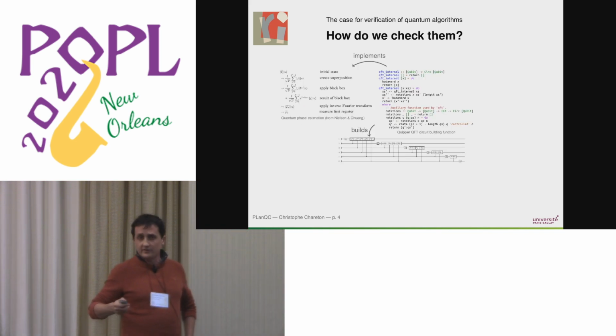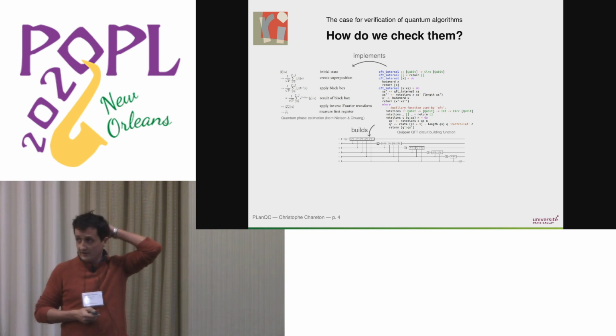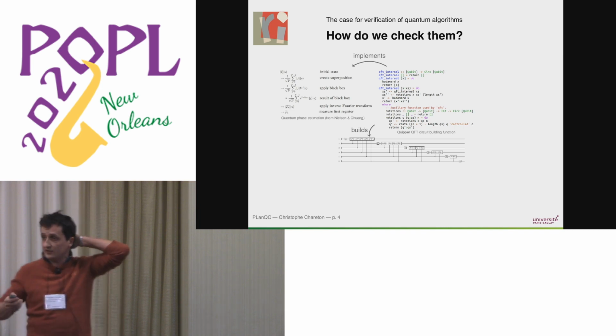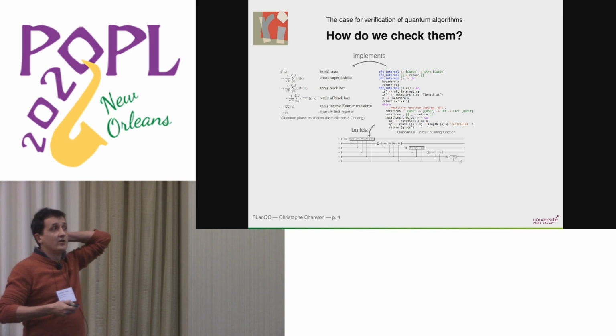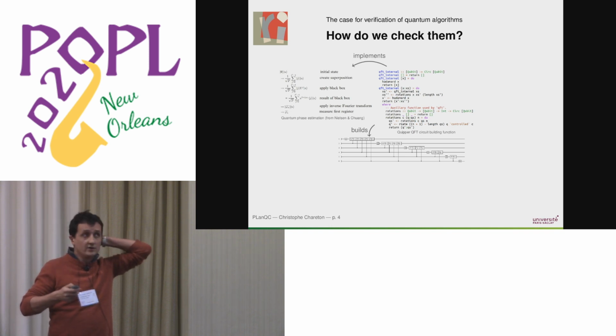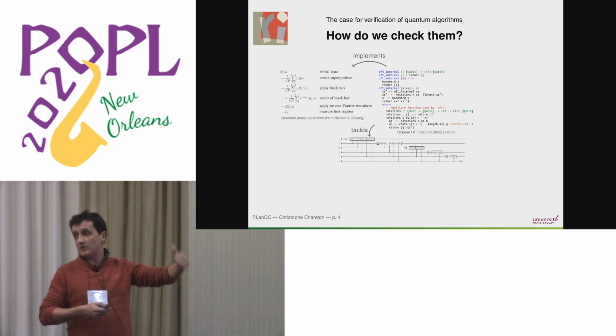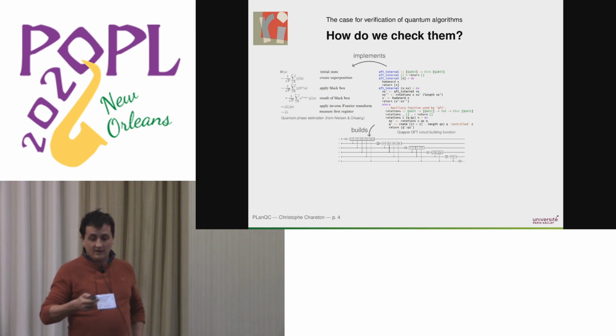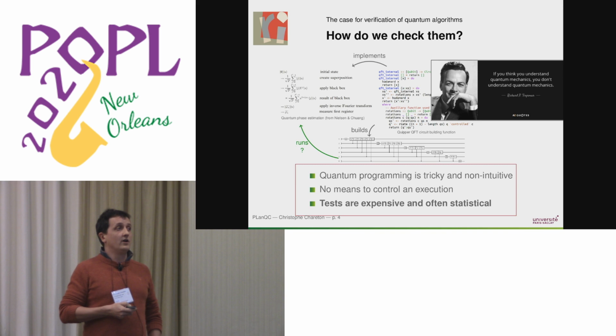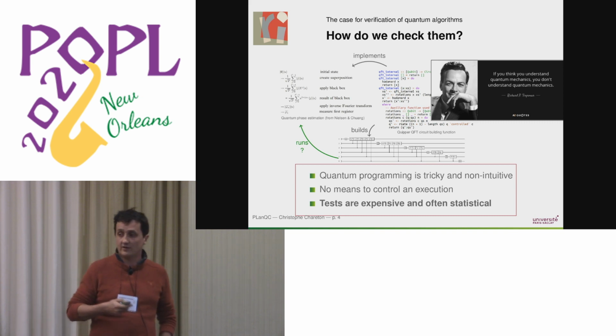So first, basically, the state of affairs in quantum computing is such that we have a series of quantum algorithms that have been described in the literature. Here is just a screenshot of the phase estimation from the Nielsen and Chuang manual. So we have these algorithms. We have a series of quantum programming languages for implementing these algorithms, and these languages work by building quantum circuits. And so the question is whether the circuit that is built by a program aiming at implementing a given algorithm is indeed a run of this algorithm.